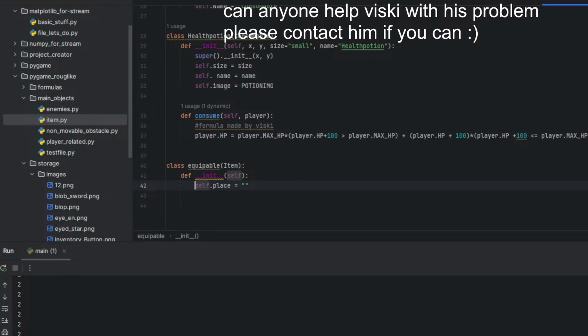Okay, so place. Place refers to whether you are equipping it to the head or the shoulders, knees and toes. Knees and toes. Yeah, this was a bad one. And yeah, self.place and self.equipped equals false.